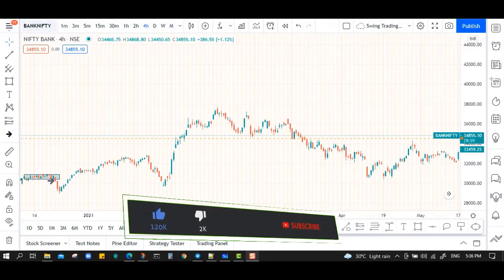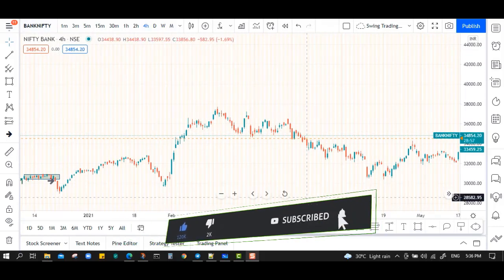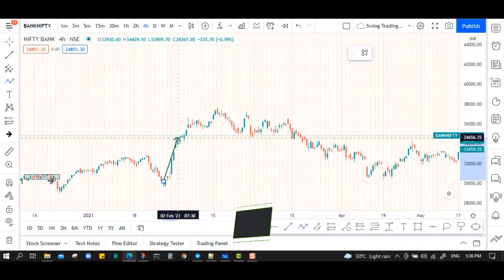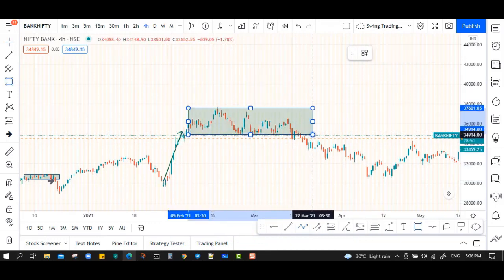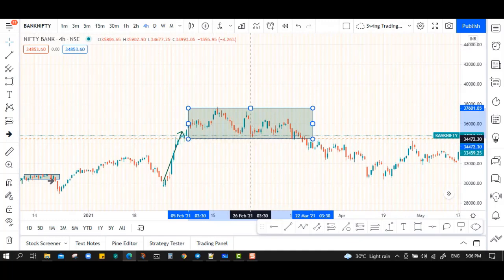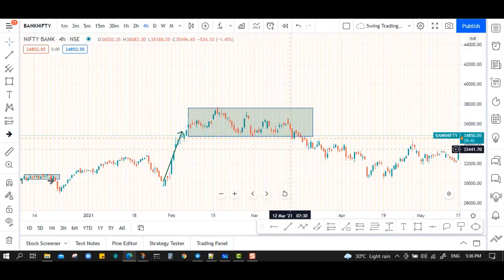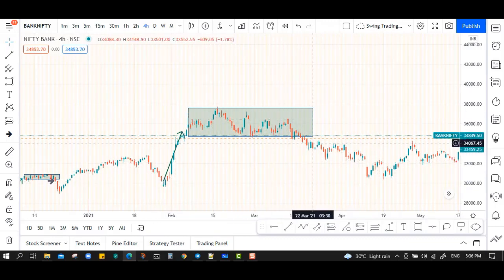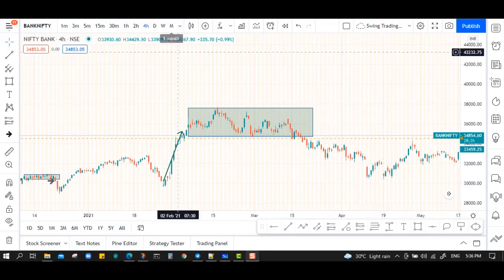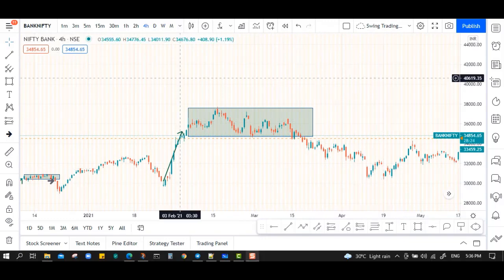And another example in the same Bank Nifty chart on the 4 hour time frame, there was a rally here, right? And then suddenly it created a base. Okay, this is the base, and the breakout is here, retested, the market fell here. Means this is a rally, base and drop. So what you have to do is simply follow the footprint of big players and book the profits along with the big institutional players.